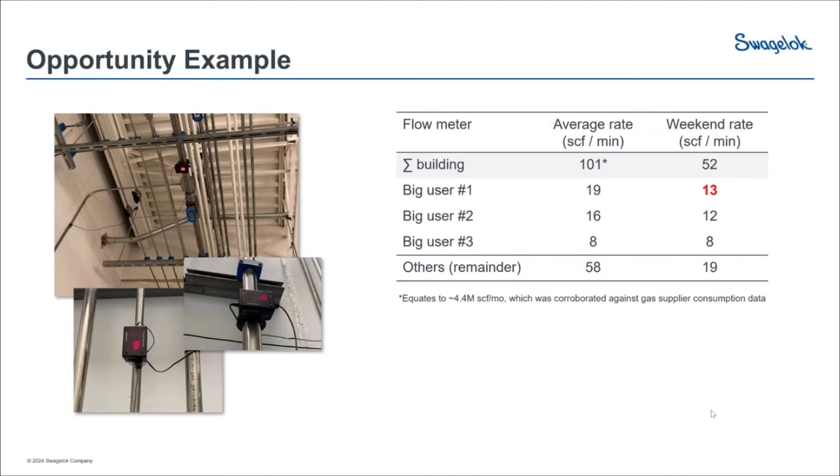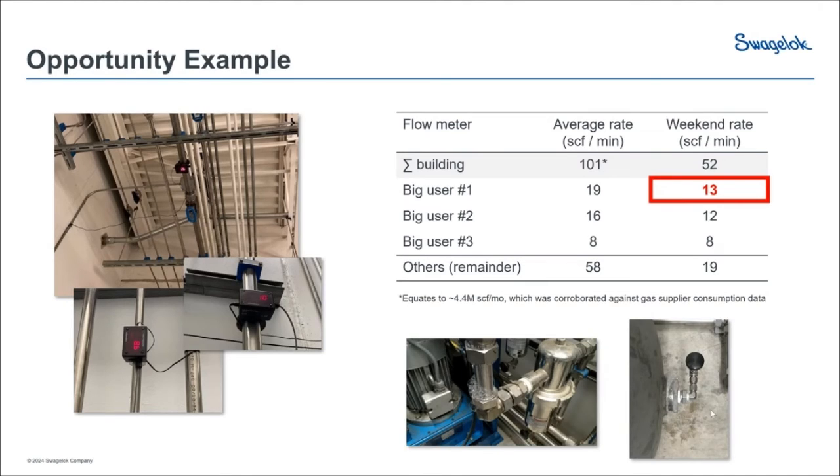And what was really interesting is that those big users were especially guilty of a lot of weekend consumption while the operations were stopped. So in conjunction with the customer, we discussed evaluating a smaller building for gaseous nitrogen use within their gas delivery system to really see if leaks could explain some of that parasitic load. And in a one-day survey with some of our field specialists, we found a handful of leaks, and those leaks probably added up to, say, around 4 standard cubic feet per minute,